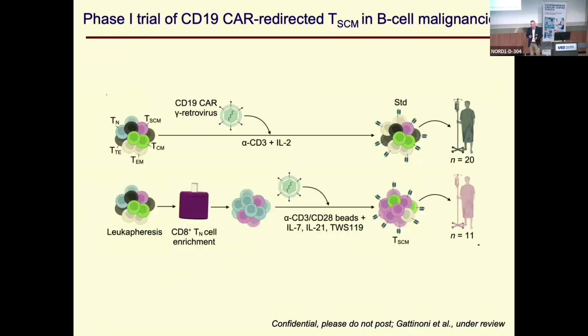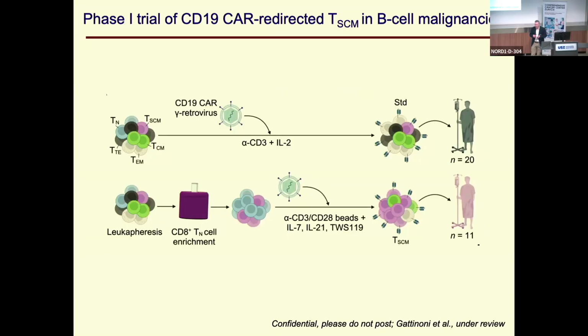The trial involved the product that was developed at the NCI, which is now licensed for commercialization, and involved the retroviral transduction of the PBMCs from an allogeneic donor. We'll give you more details in a second. And the cells are activated with anti-CD3 plus IL-2, and they're given back to the patients, and this involved 20 patients. So this didn't involve 2 arms, but it was basically an amendment of the original protocol where the patients were asked to receive leukapheresis from